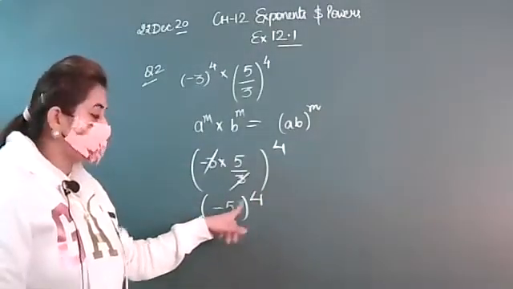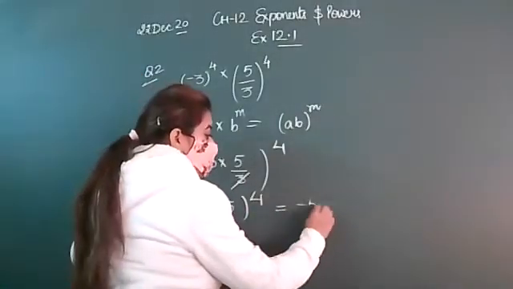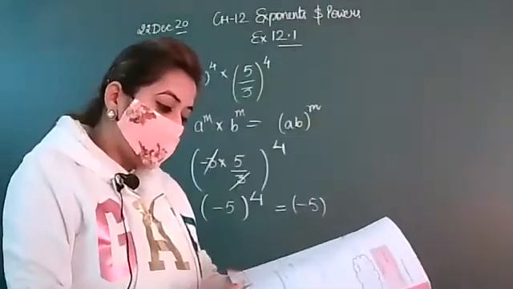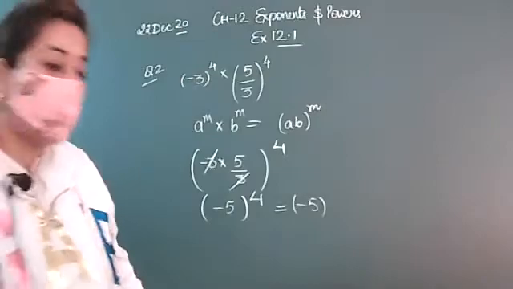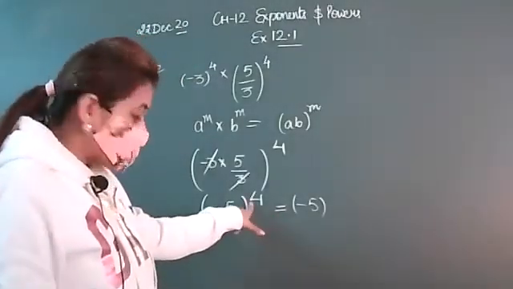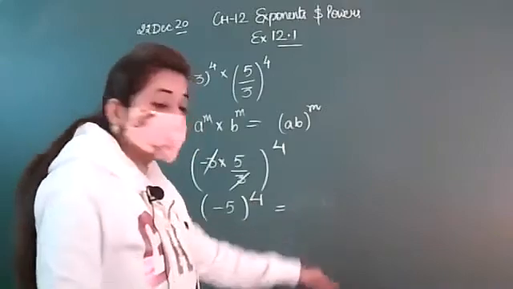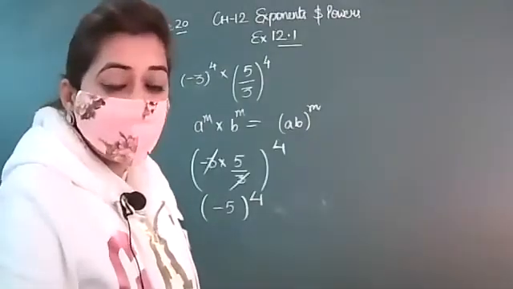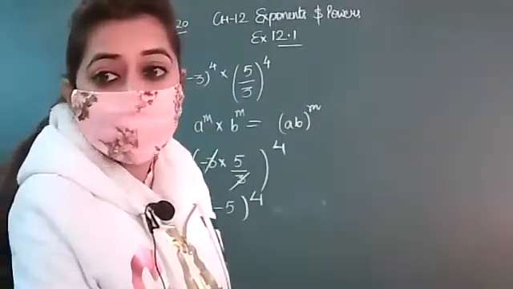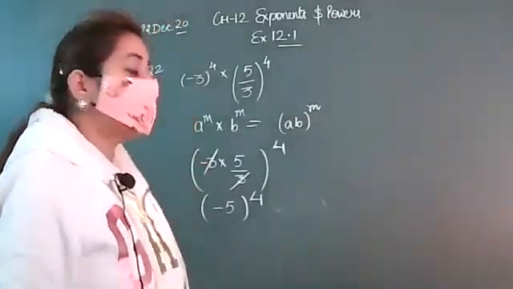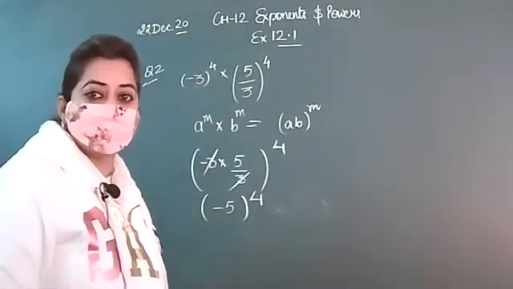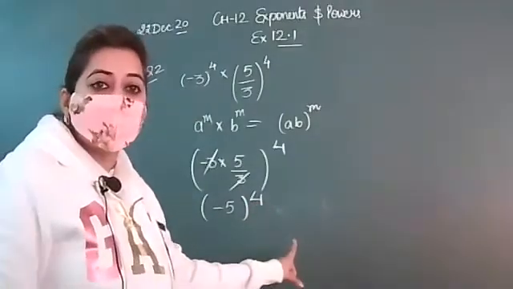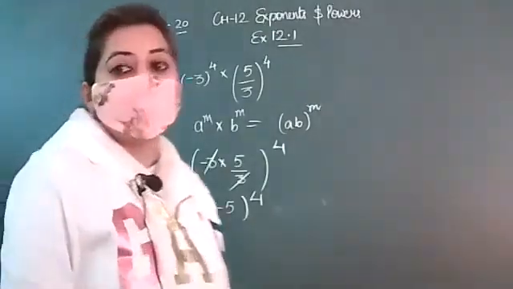So here minus 5 raised to power 4 means minus 5 will be multiplied 4 times. But in the question it is given that you have to simplify and write the result in the exponential form with the positive power. So the power is positive and the question is to write it in the exponential form. So you will leave the answer here. But if the question is of simplification, then you will multiply it 4 times. But here we don't multiply because the question is to simplify and write the answer in the exponential form. Exponential means in the form of power. So that's why this is your answer.